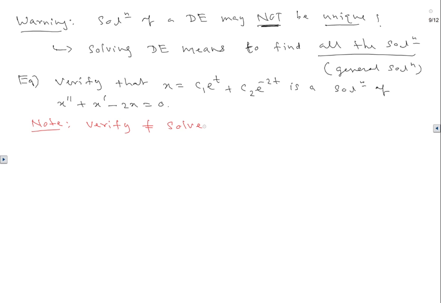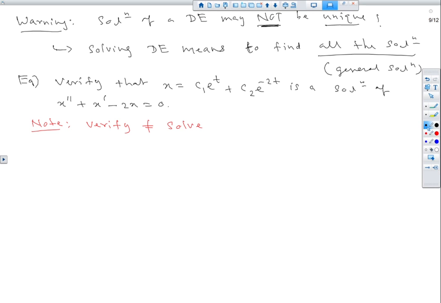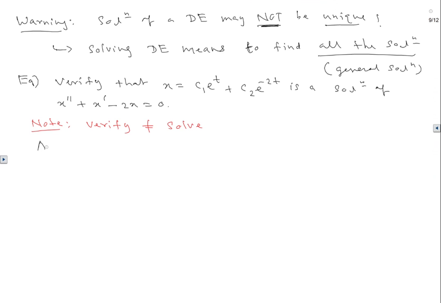Okay, so let's do that. So now you know what to do. You just take derivatives, repeated derivatives. Why repeated? You see that you need to take several derivatives here. So we have x equals c1 e to the t plus c2 e to the negative 2t,